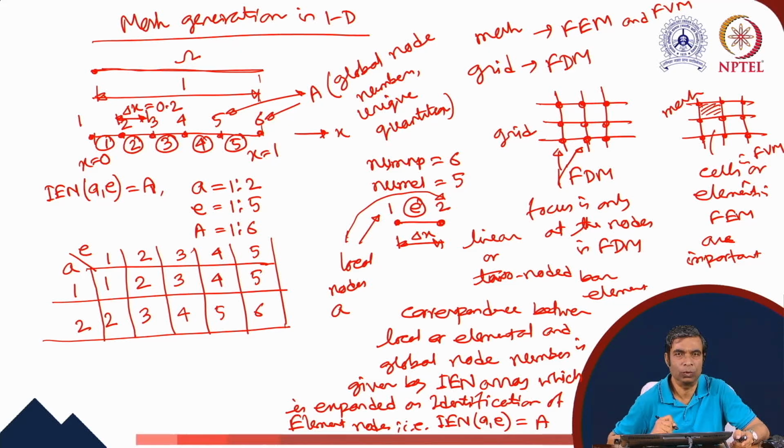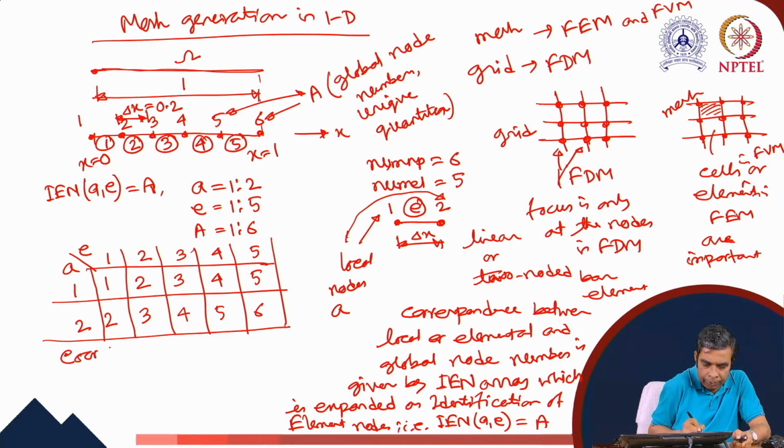When we say coarse mesh, we mean that we are using only a few number of elements and a few number of nodal points. Now, construction of IEN array is one part of mesh generation. It is still not complete. To construct the mesh and to plot the mesh, we need the information about the coordinates of every global node. So we need another array for storing the coordinates of individual global nodes. This array is known as the coordinate array, which we represent as the capital X array. So coordinate array or capital X array